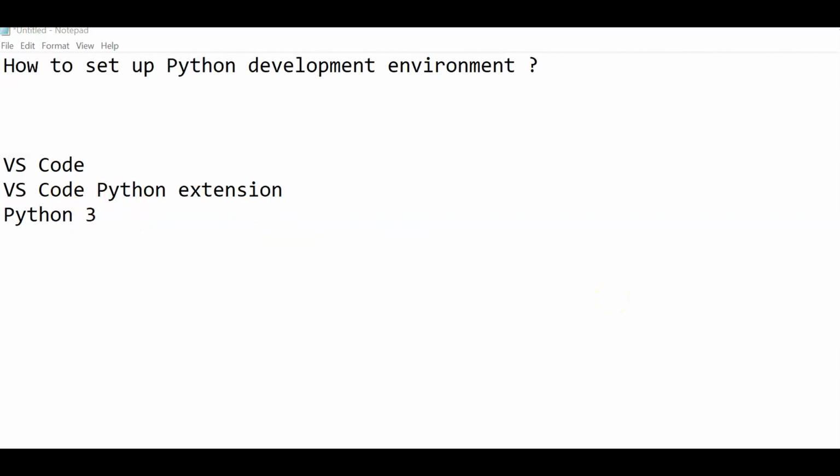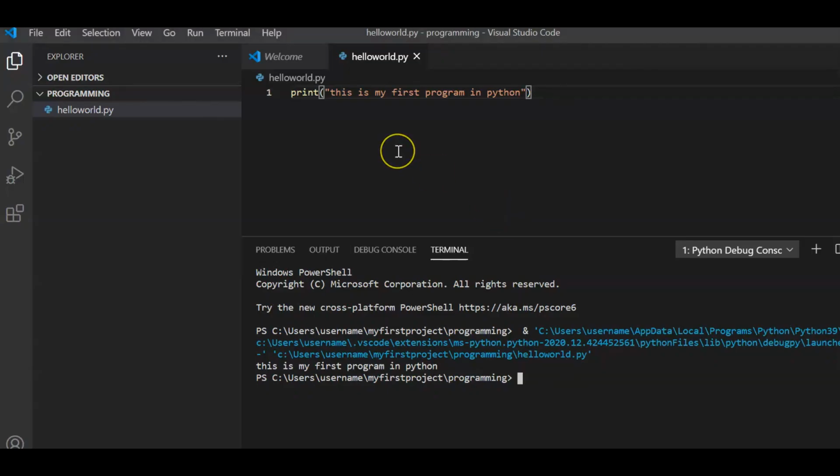With these three things, we are good to go, and we have completed our first program by simply printing one string, right? This is my first program in Python. So from here on, we can write Python programs, we can create frameworks and other stuff. But the main point is, now we have our environment ready, and now we can explore Python.